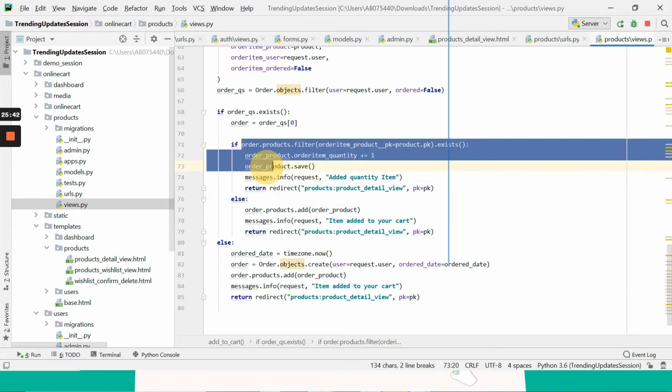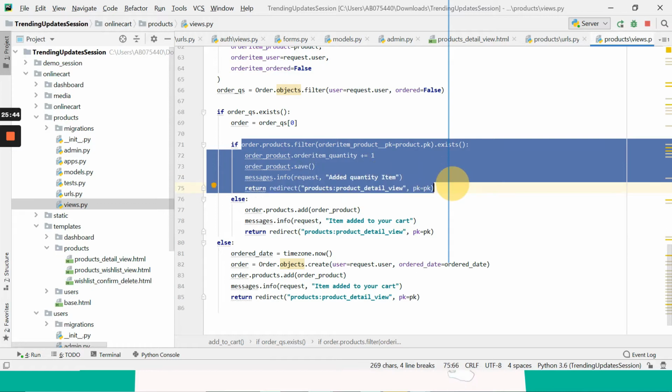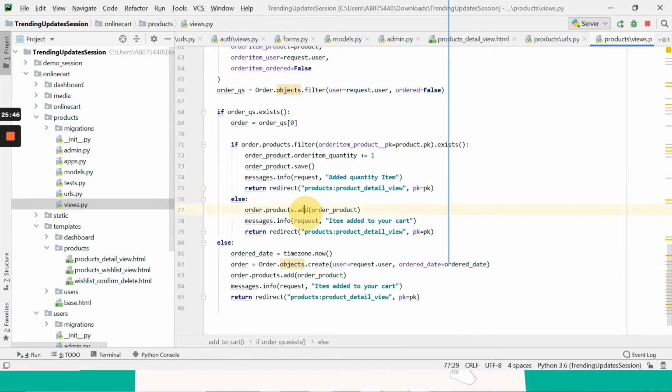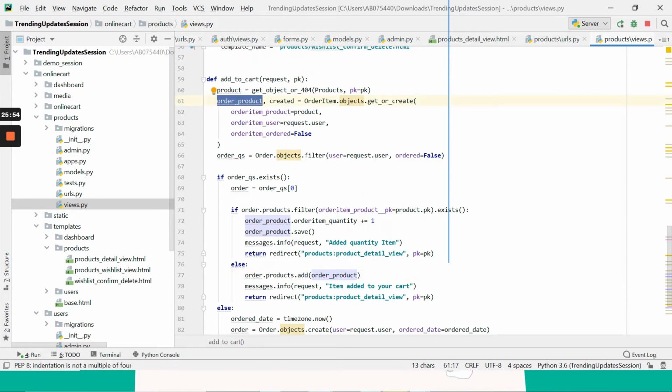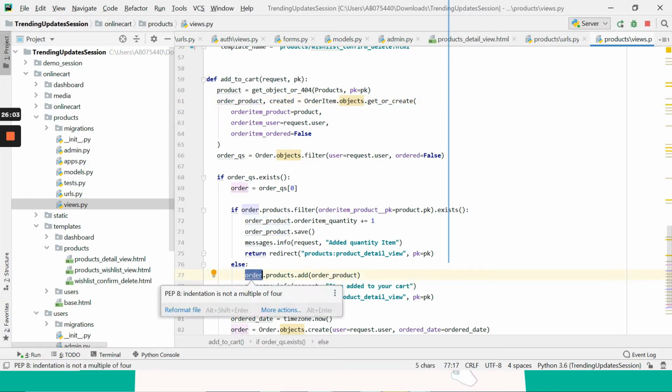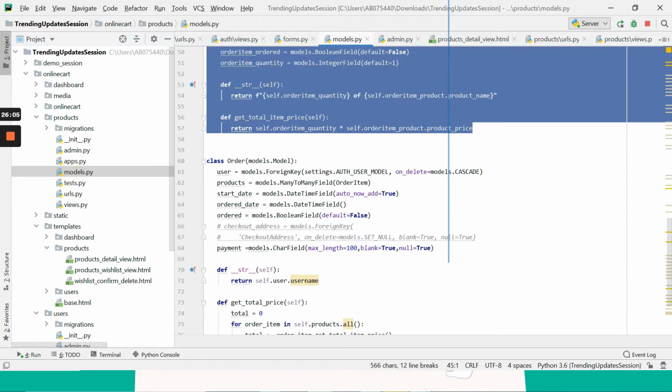If this order does not exist, then you are simply going to do order.products.add of this order product, whatever you created the first time, and you add it under the orders, under this model's order.